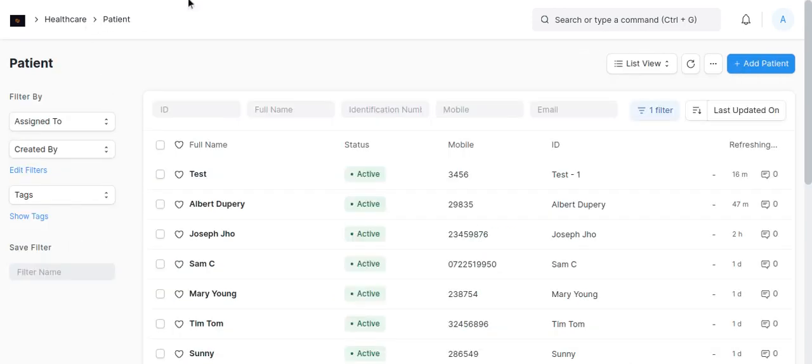Yeah, this is a basic flow. For more information, we can get on a